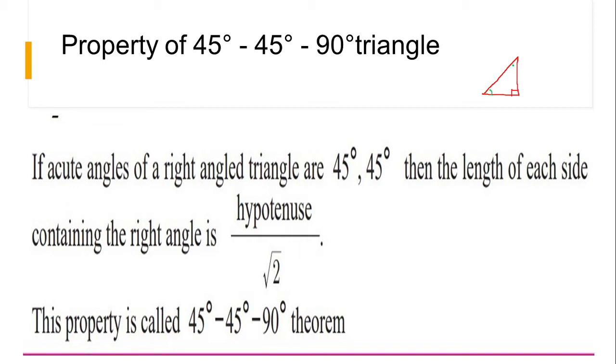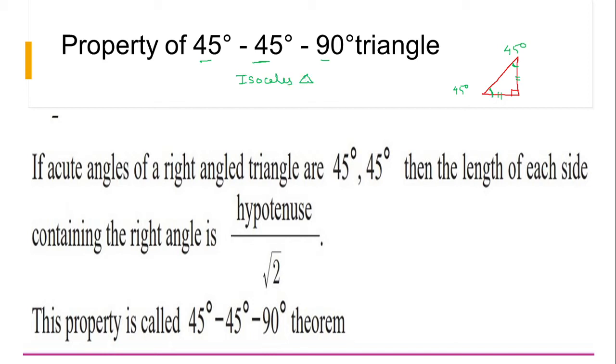So this angle is 45 and even this angle is 45 degrees. And we already know if we have the base angles the same, then that triangle will be called an isosceles triangle. And what is the property of an isosceles triangle? That the sides which are opposite to the congruent angles will also be the same. Okay, so this is an isosceles triangle. Whenever there are two same angles in a triangle, we call it an isosceles triangle.